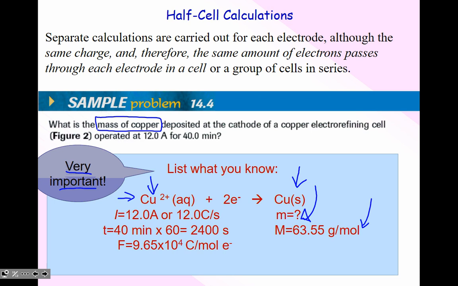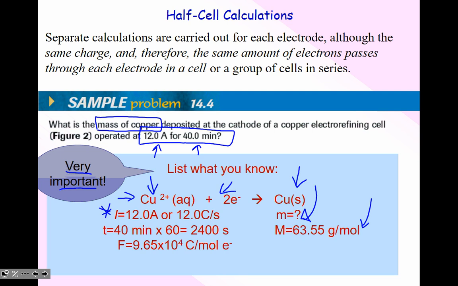Okay, so what is the mass of copper deposited at the cathode of a copper refining cell operated at 12 amps for 40 minutes? So this stuff with the amps and the minutes and all that is applying to the side of your electrons, okay? So we have